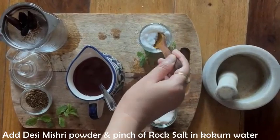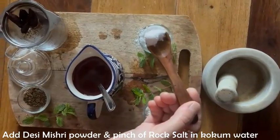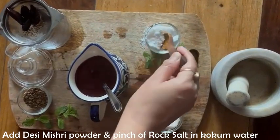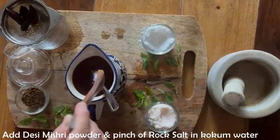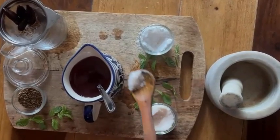According to modern science, it is rich in phytochemicals such as hydroxycitric acid, color pigments, and phenolic compounds, all of which make this spice promising in the food and pharma industry. It has anti-obesity, anti-arthritic,